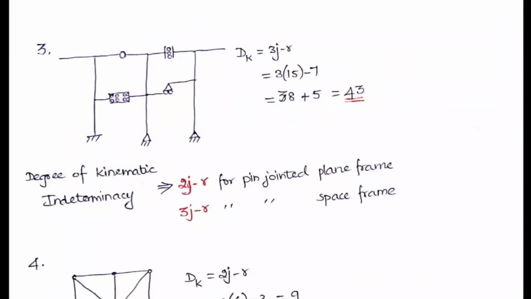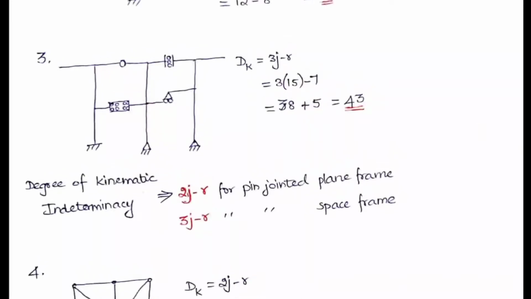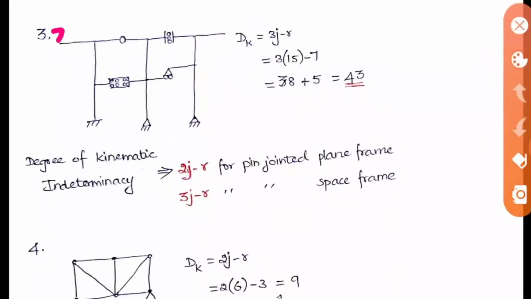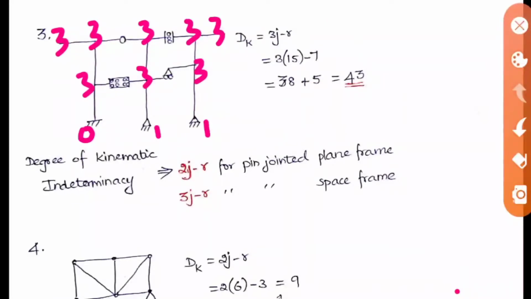So the same sum we can do in the direct method also. Okay, so here we know for free end it is 3, and for the rigid support also it is 3. So 3, 3, 3, here also 3, and here also 3, 3, 3, 3. In the fixed support it is 0, in the hinged support it is 1, in hinged support it is 1. So the remaining things, that is shear connectors and rollers, are all there, no. So for that let us see now.